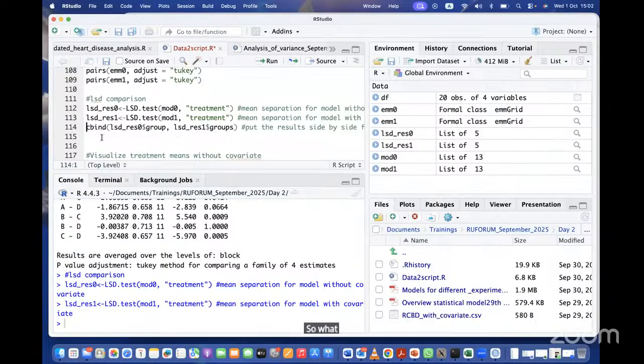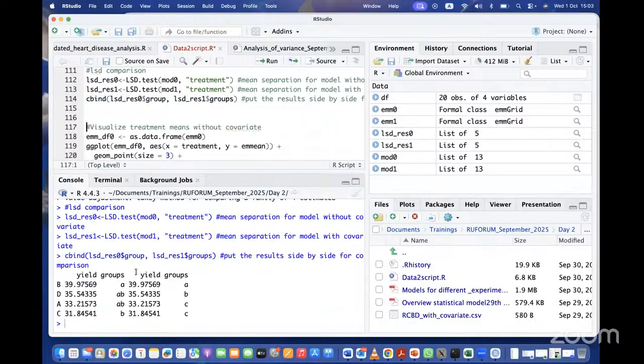So what I want us to do now is to show the results of the 2. You're going to see from the result here that in both cases, treatment B has the highest yield, followed by treatment D, then treatment A, and then treatment C. So this is for our first model. And then for our second model,